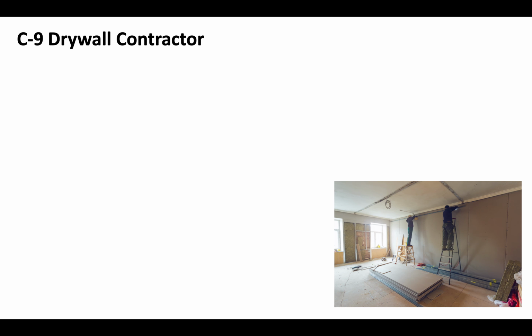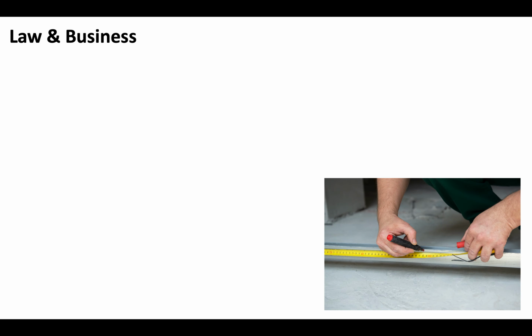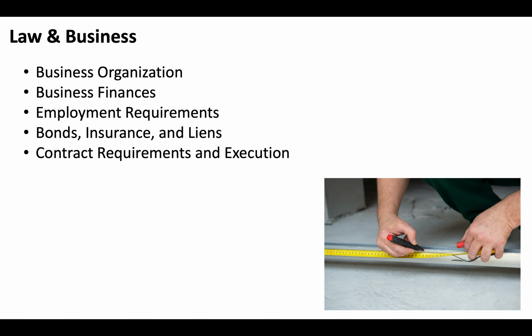Now, the C-9 drywall contractor license exam is broken up into a few different sections. There's a section on planning and estimation, preparation for installation, installation of drywall, ceilings and related materials, finishing, and safety. You'll also have to pass a law and business exam that's going to include sections on business organization, business finances, employment requirements, bonds, insurance, and liens, contract requirements and execution, licensing requirements, safety, and then there's also a portion